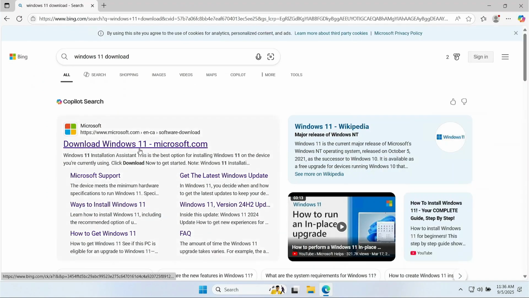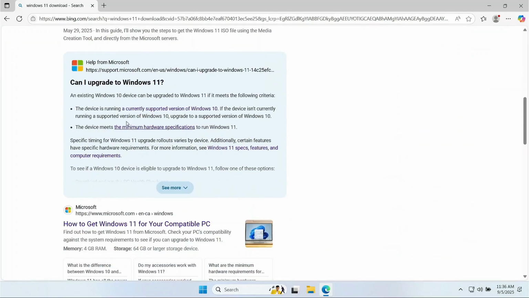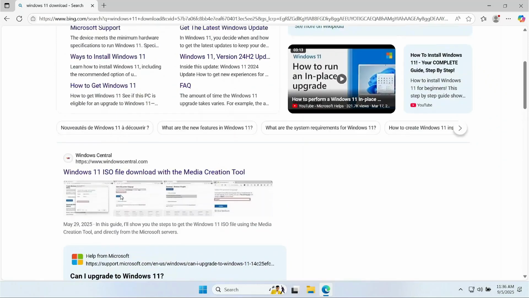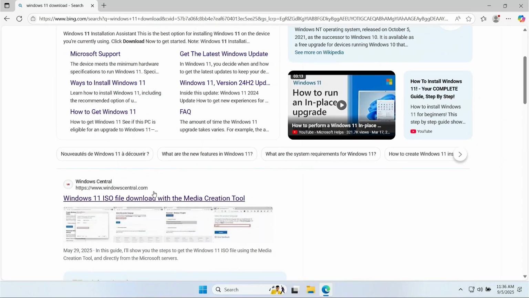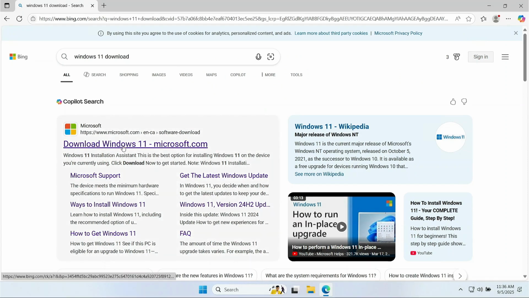Now, make sure that you download the Windows 11 ISO from the vendor's official website. Don't download the ISO from third-party websites, or say, software distributing websites. Go for the vendor's official website. So you will find one for Microsoft, click on it,